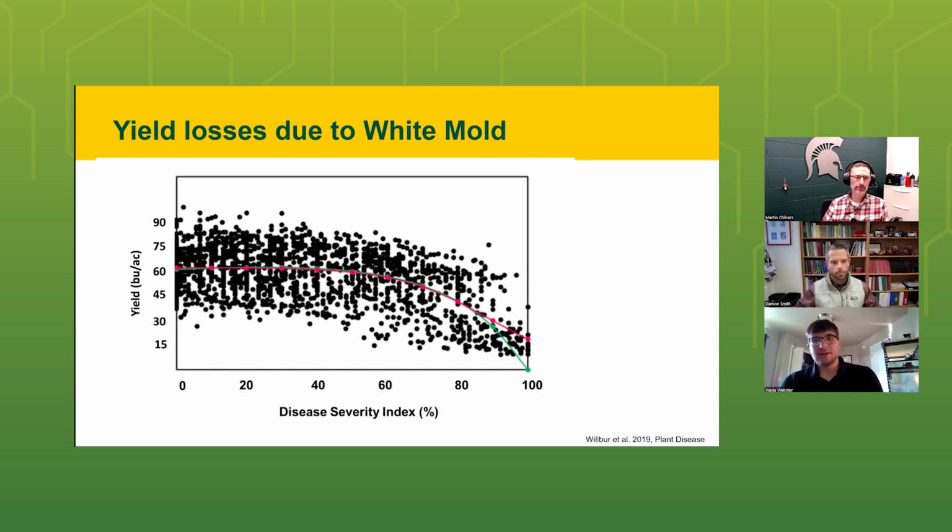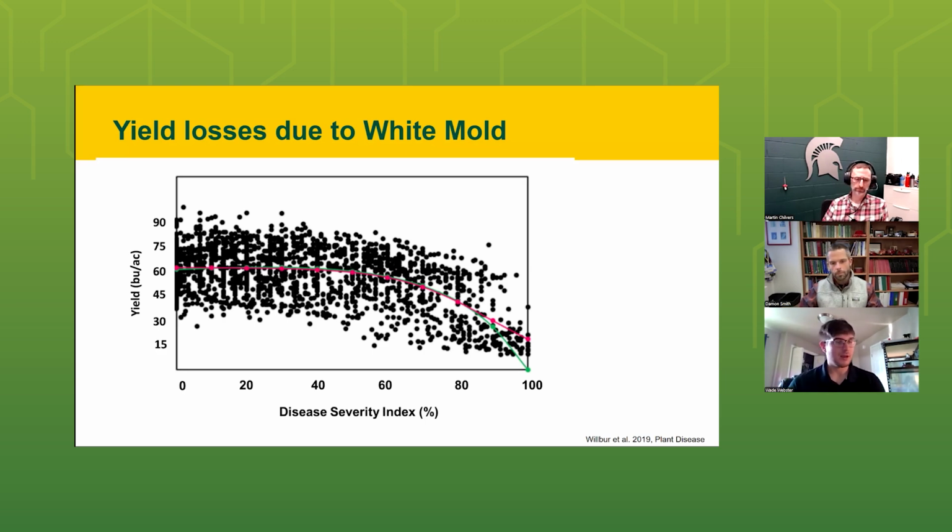Now, this is a figure here showing the relationship between the severity of disease. And Damon, this kind of goes into your comment of why do we not see this linear relationship between disease severity index, which is a factor of both the percentage of plants infected as well as the severity of the infections, as a relationship to yield. And so you can see this clear relationship in which we get to about 0 to maybe 40% range, in which we're